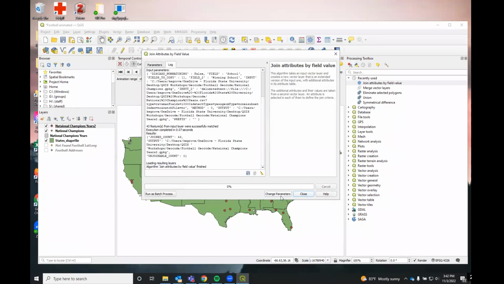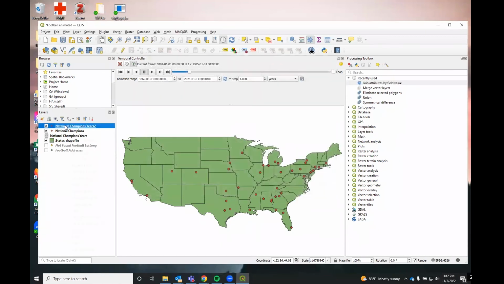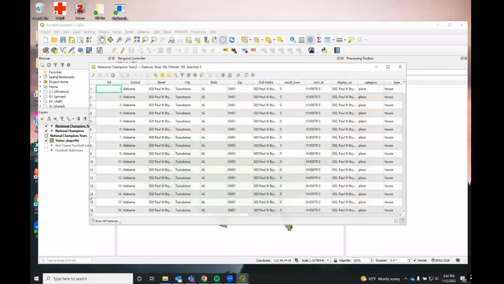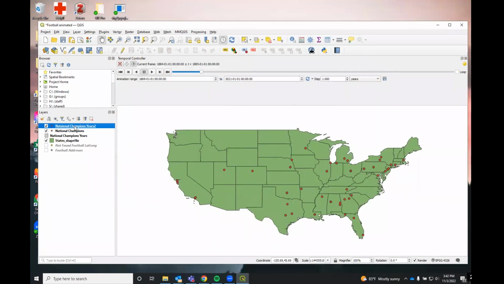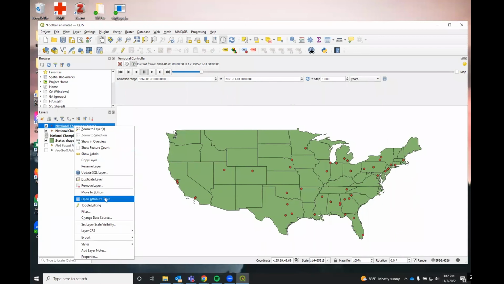Save, run, close, open up our attribute table. There we go. Now we have a total of 189. So when I was talking about changing the one-to-many field, I didn't actually change it. I talked about it, but I didn't click it. And that's why I was getting that problem. So now we have all of the correct years associated with everything,